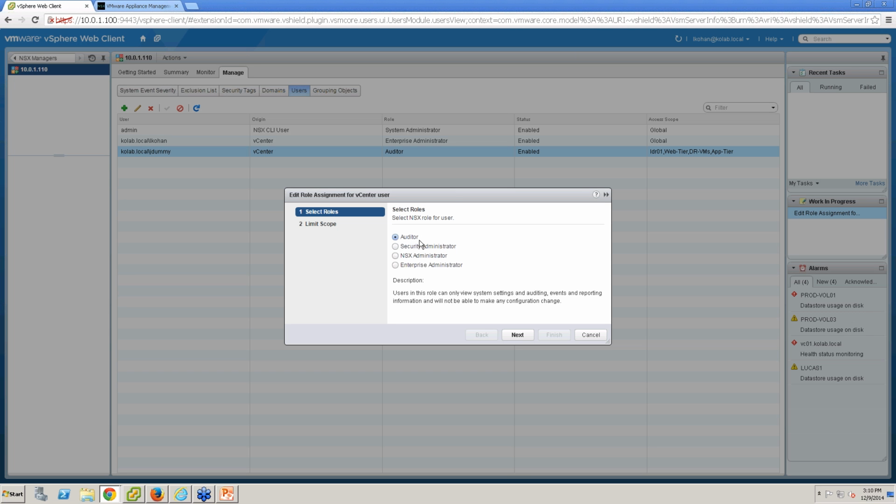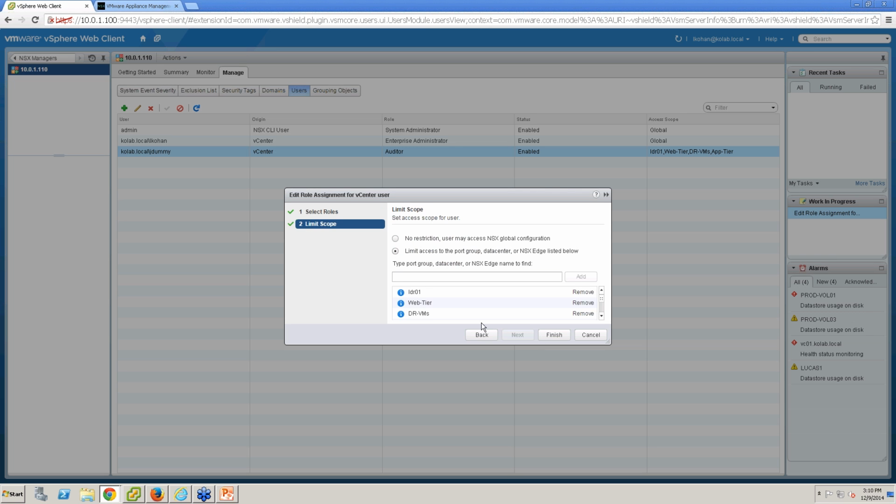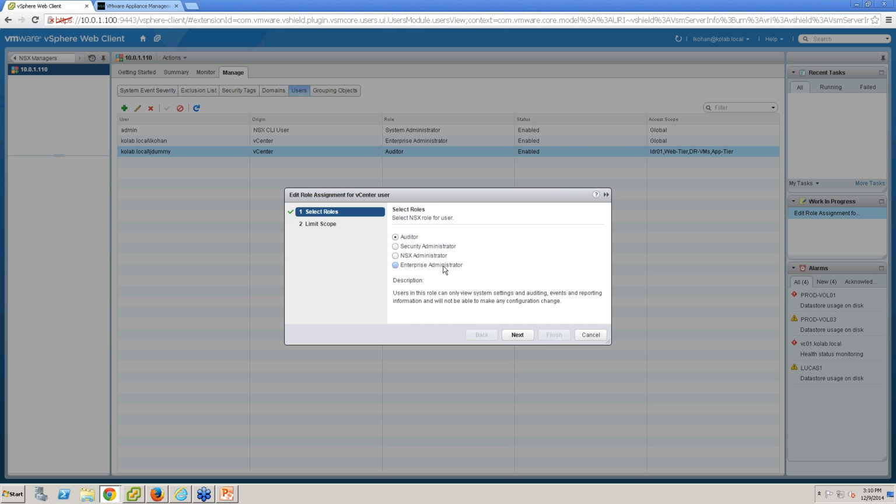An auditor is really a read-only access, so you'd give it to maybe a high-level manager who can hop into NSX and just make sure that things are the way that they're supposed to be, but that user doesn't have the ability to change any. Now, on the next screen, if you've assigned Enterprise Administrator, it's implied